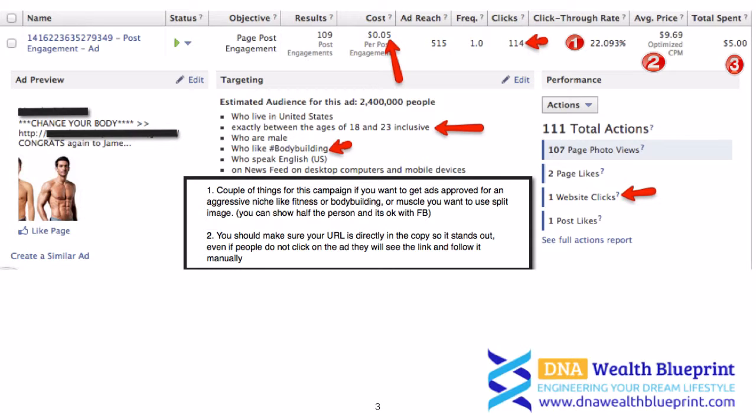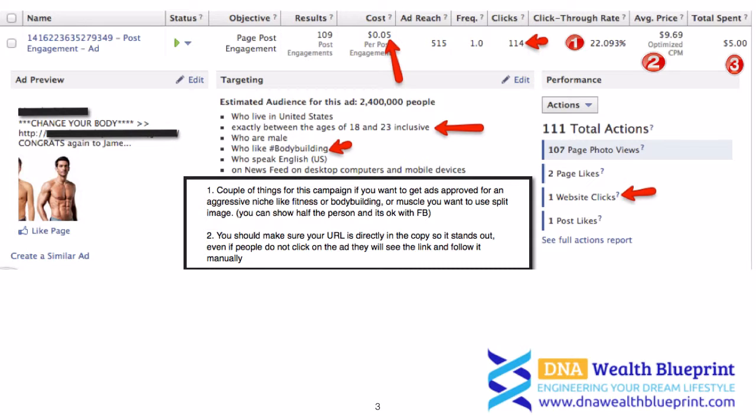And I switched from cost per click to optimized CPM. There's a reason why I went CPM, because I figured I'm not going to get the clicks that I'm going to get for cost per click. I'm not going to get my ROI back. And I'm also going to be spending a lot of money on the front end, which I do not want to do. So I figured, because of the psychology of the ad that I created, because of the way I worded my ad and the copywriting of the ad itself, and because of the niche that I'm in,